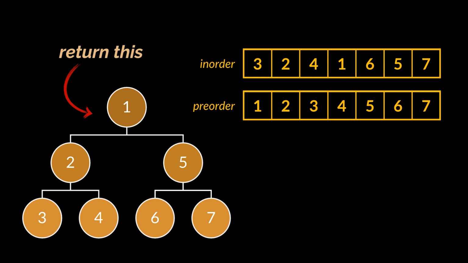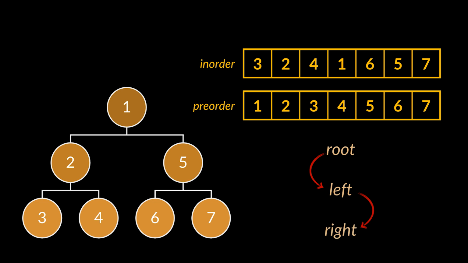Okay, before delving right into the solution, let's go through a quick reminder about these types of traversals. For more details, feel free to check the video linked in the card above. So in a pre-order traversal, we visit the root first, then traverse the left subtree, finally traverse the right subtree. In this example, if we attempt to traverse the tree you see in a pre-order manner, we will obtain the array in front of you.